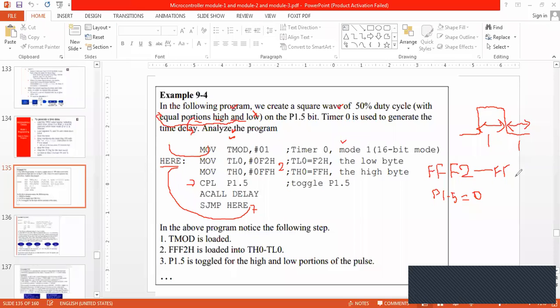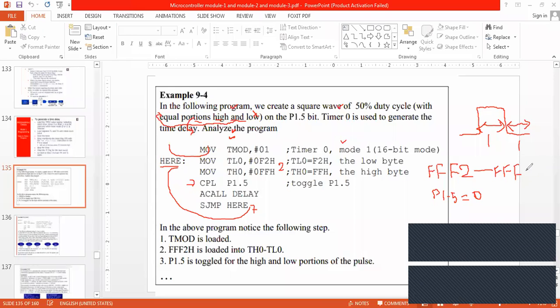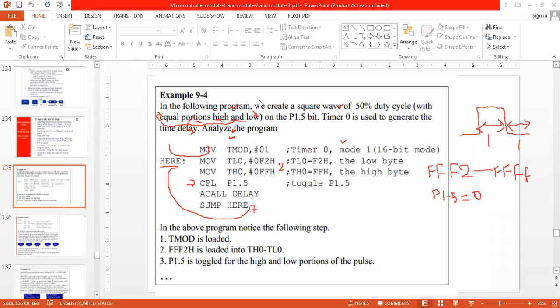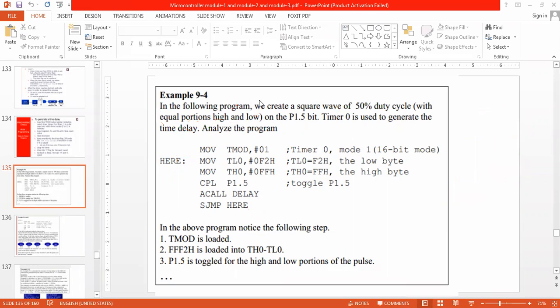FFFF, and then when it rolls back to 0000, then again TF0 will become high.